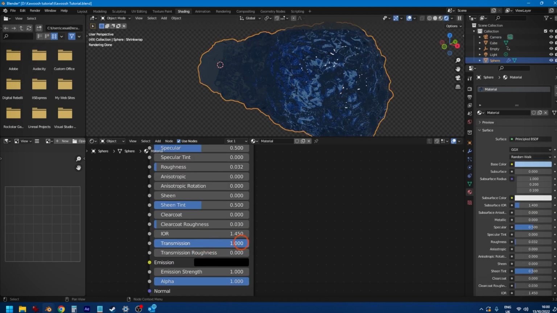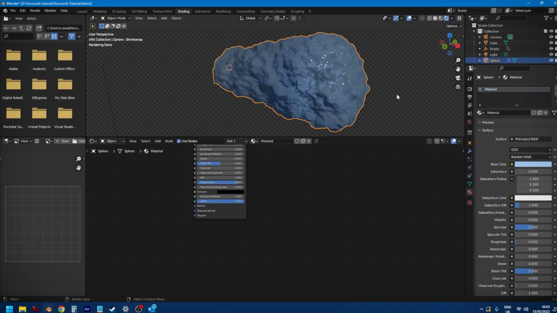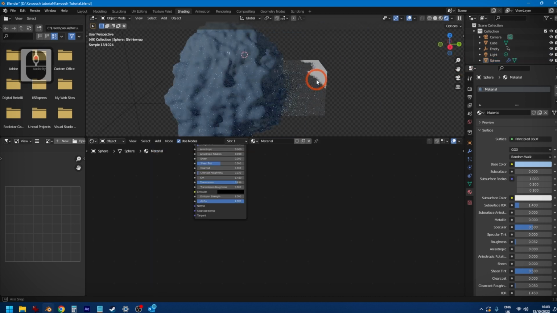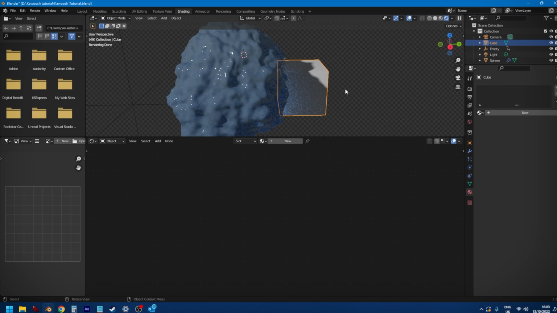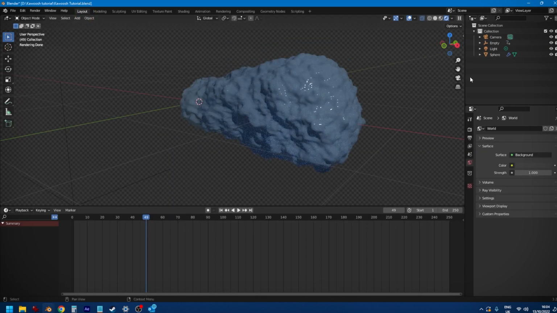So if we were to go back to transmission and turn that down, it lets less light through and reflects more off its surface. Right, like quite a high transmission to make it watery. Just going to delete that cube from behind here. Right, I'm going to go back into the layout mode,